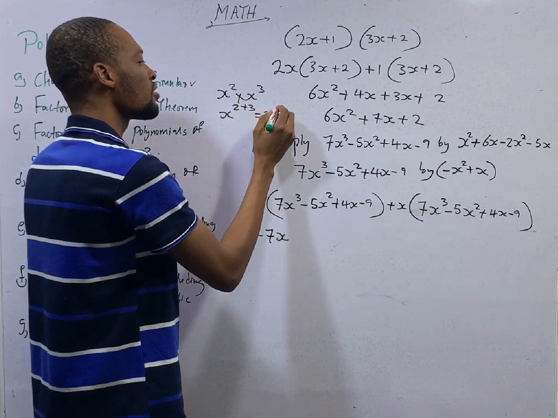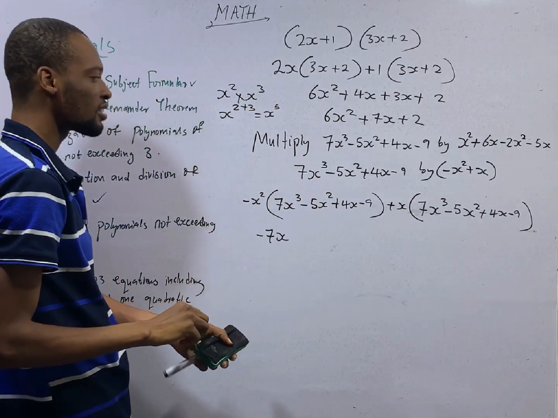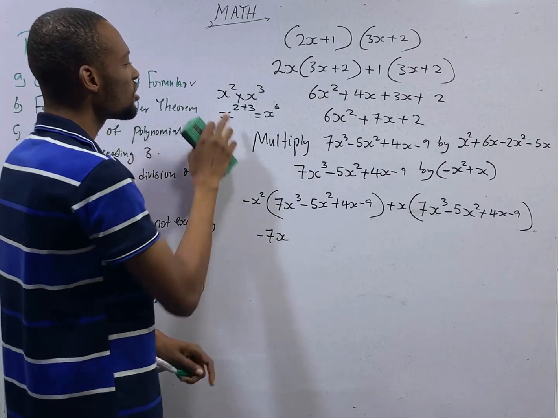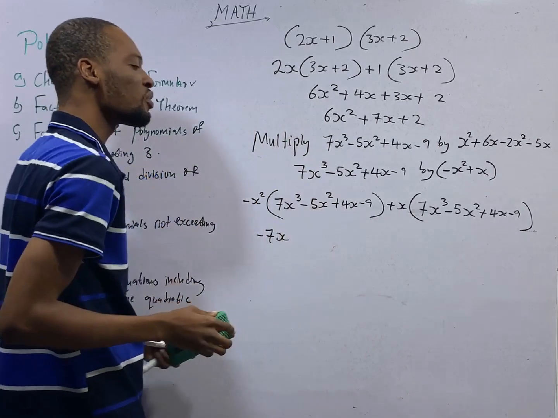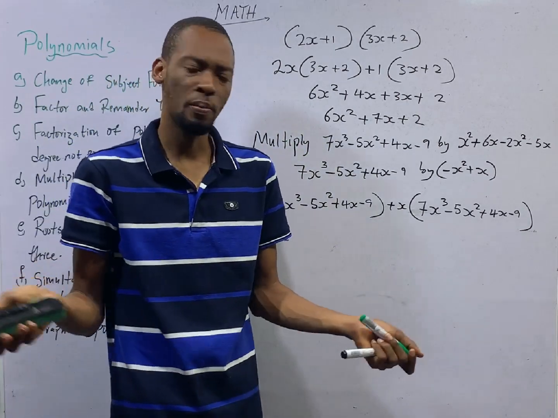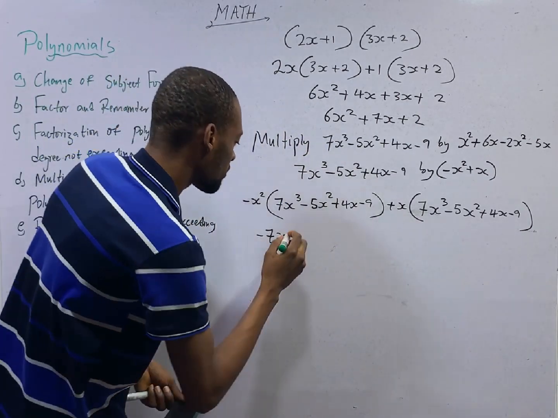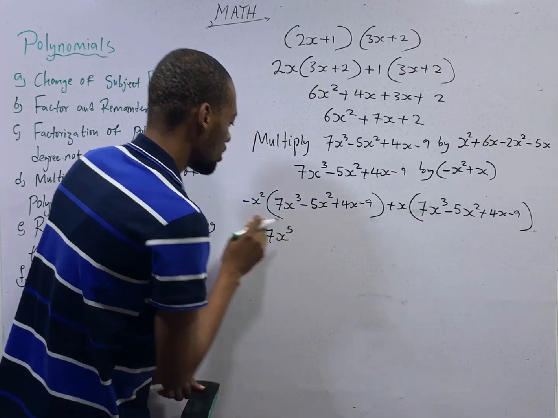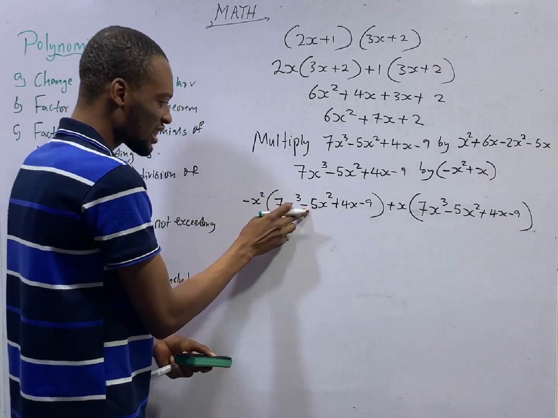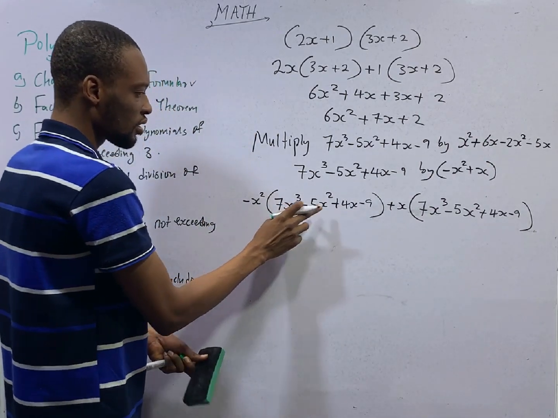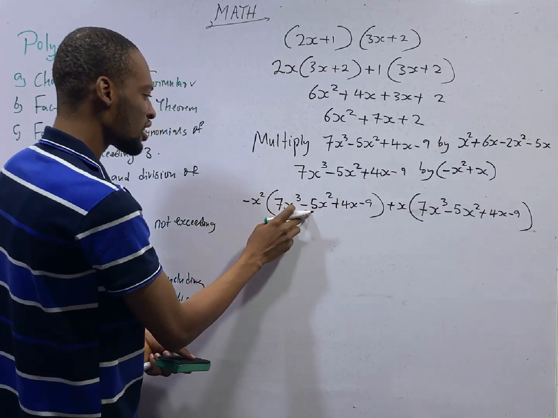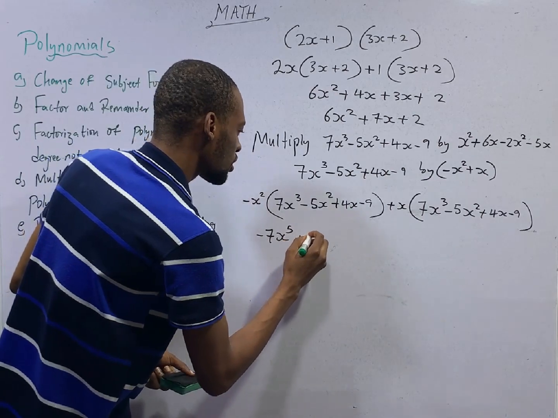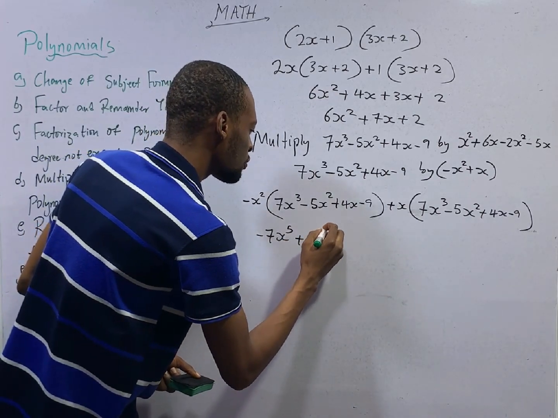So this is s raised to the power of 5. Take note of that. It is not s raised to the power of 6. When you are multiplying, you take one base, you add up the powers. Therefore, we have s raised to the power of 5, minus s squared times minus 5s squared. That will give you minus times minus plus 5s raised to the power of 4